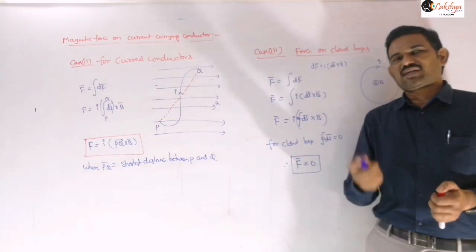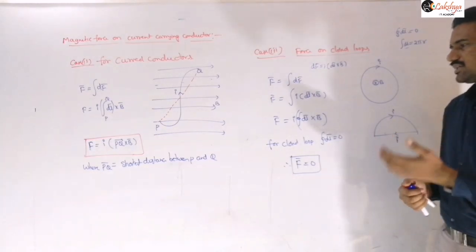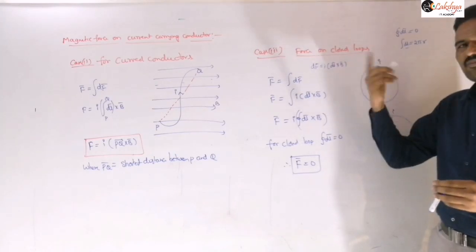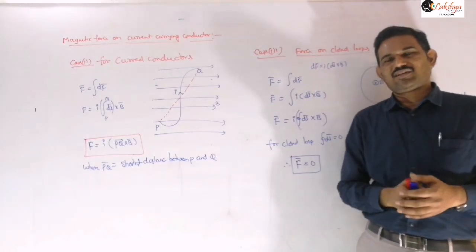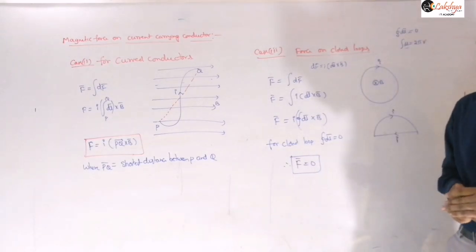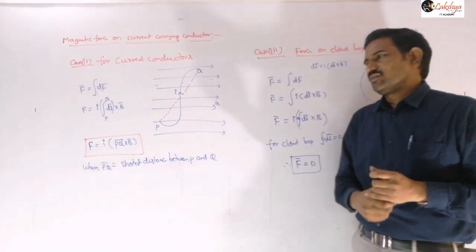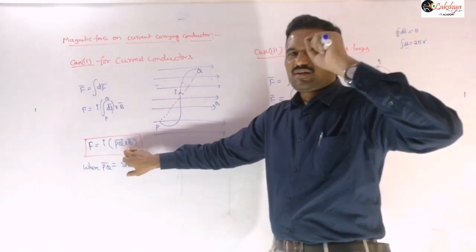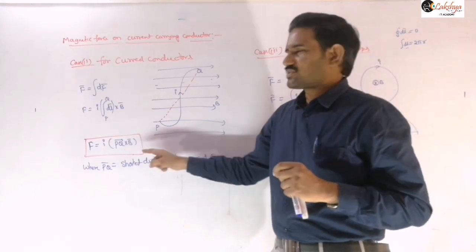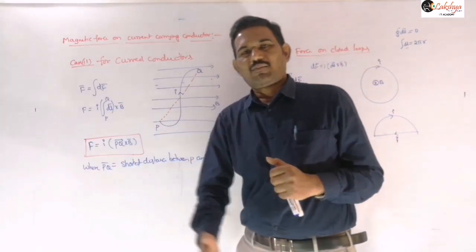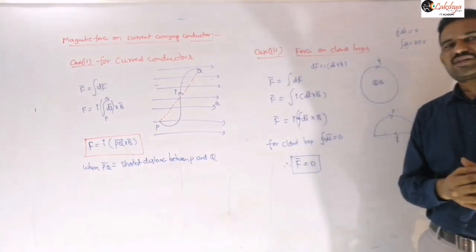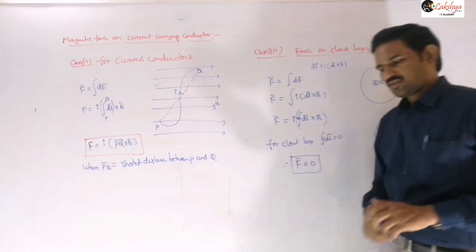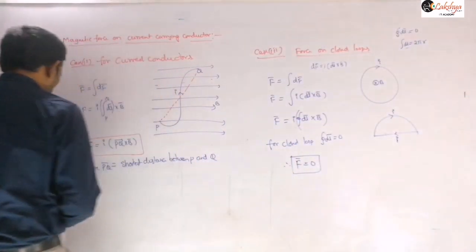Whereas if you are taking this force acting on a different conductor, for example a straight conductor, then integral of dl means we replace it with the L bar. So BIL sin theta you can write, or I into L bar cross B bar. If it is an open curved part, then you need to replace that given curved conductor by a straight conductor, which is the shortest distance between those two ends. And if it is a completely closed loop, then force acting on that conductor will be 0, but you need to verify the given conditions I mentioned. So now let us see some problems based on that.